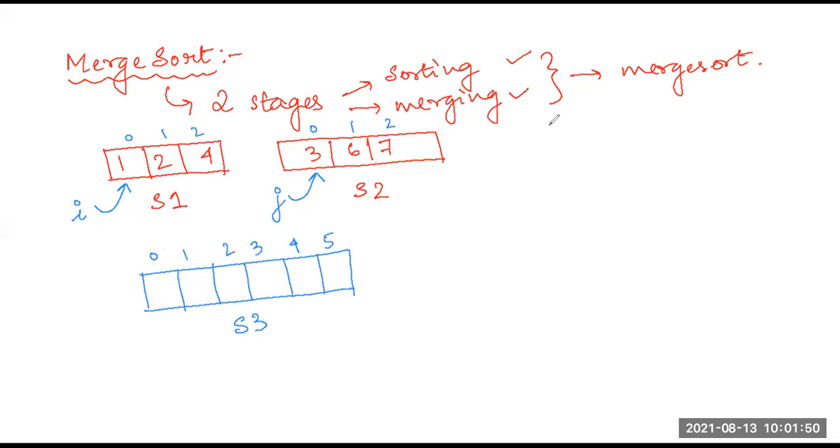Now what happens is the element at position I is compared with the element at position J, and whichever is smaller, that element is copied to our array S3. And if from S1 the element is found smaller,